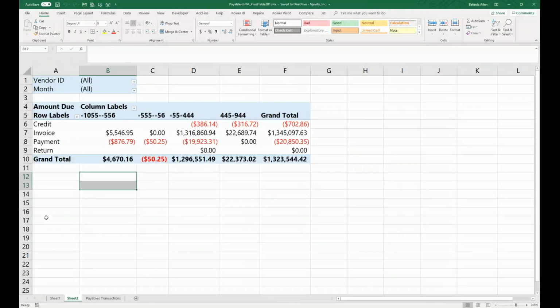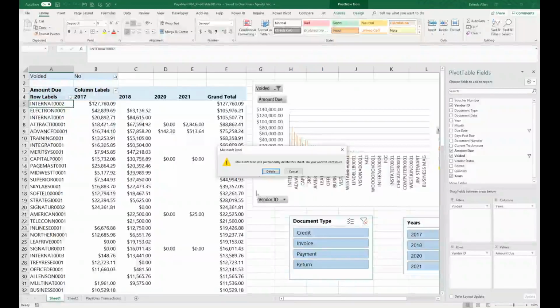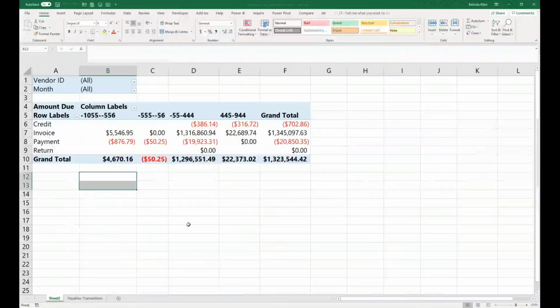Okay, thank you, Mike. All right, so down here at the bottom, you notice I have sheet 1, sheet 2, and then my payables transactions. So let's actually get rid of sheet 1, just so you can see this in action. So all I have are those two. I'm going to go up to the top. I have vendor and month in my options here. Now what I want to show you